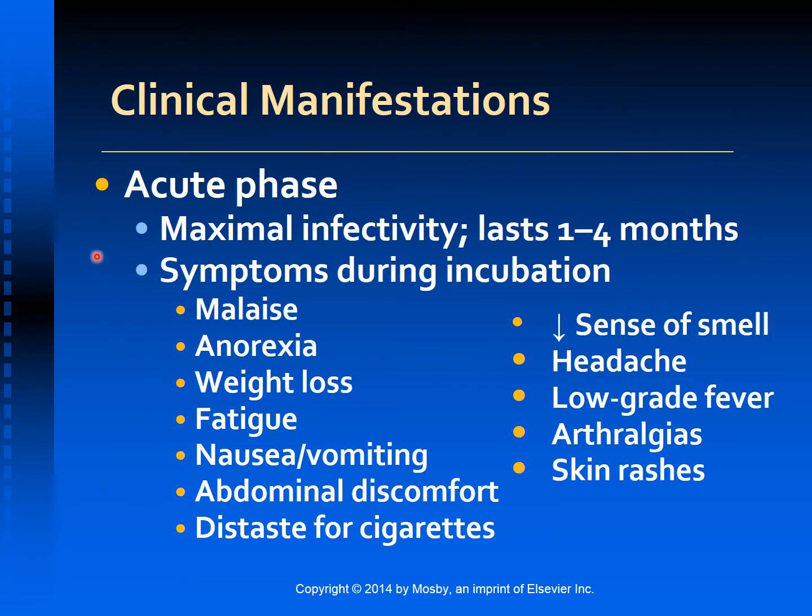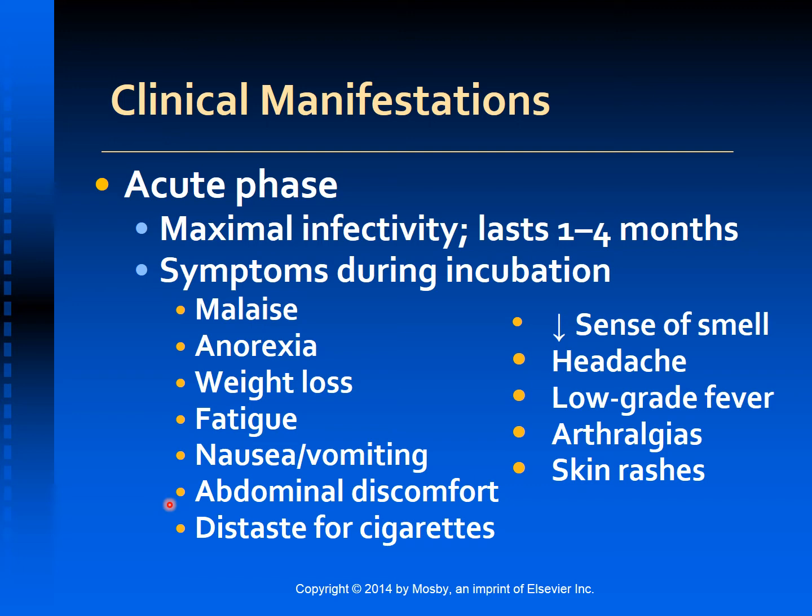The acute phase is a period of maximal infectivity. It lasts for 1 to 4 months. During the incubation period, the symptoms may include malaise, anorexia, weight loss, fatigue, nausea, occasional vomiting, and abdominal discomfort, usually in the right upper quadrant. The patient may find food repugnant,